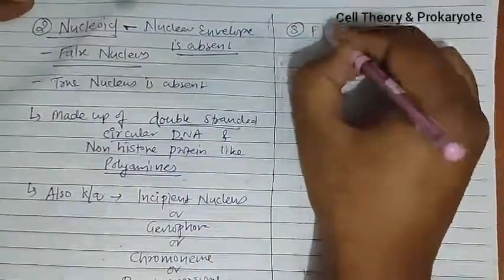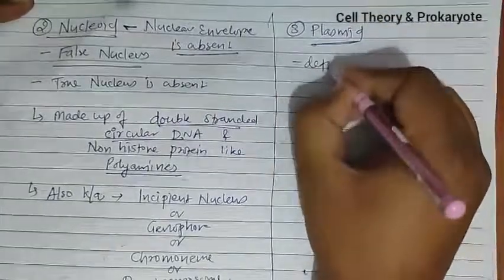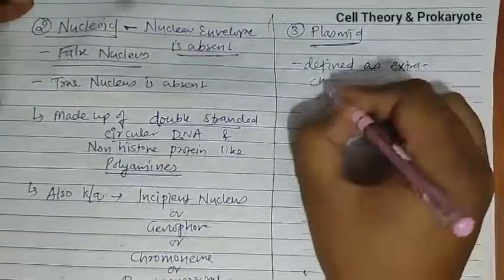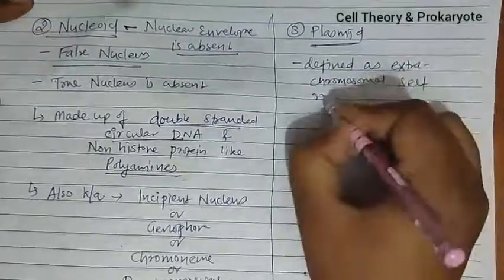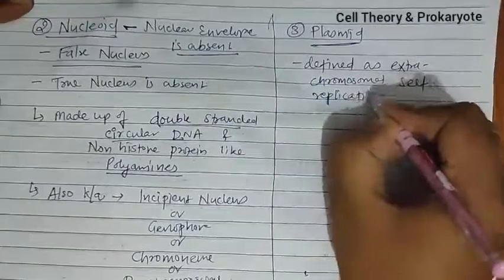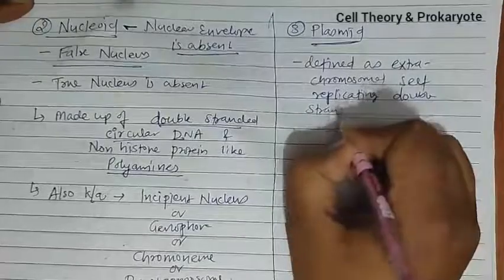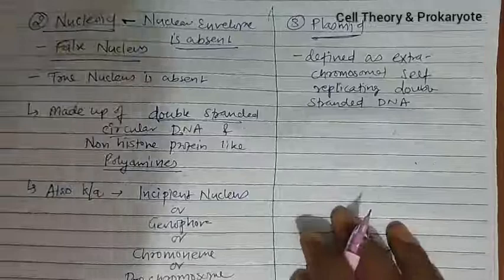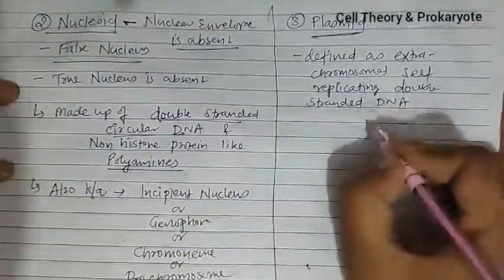Next to that, we talk about a third structure, that is plasmid. Now plasmid is defined as extra chromosomal self replicating double stranded DNA, as we have seen in case of the diagram. They have defined as extra chromosomal self replicating double stranded DNA, and this plasmid